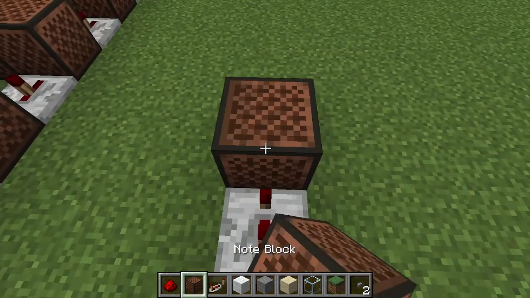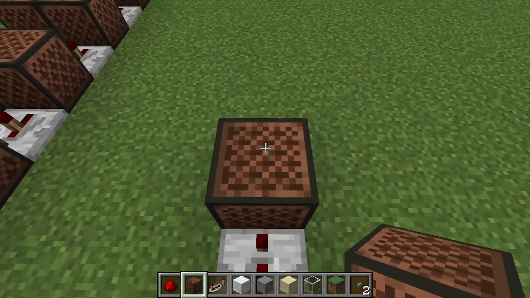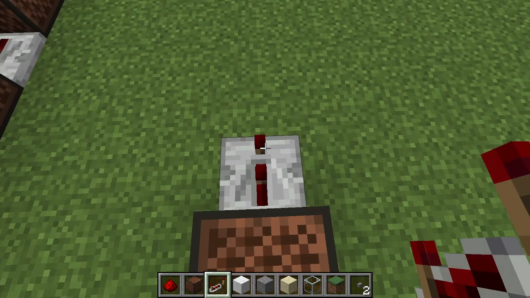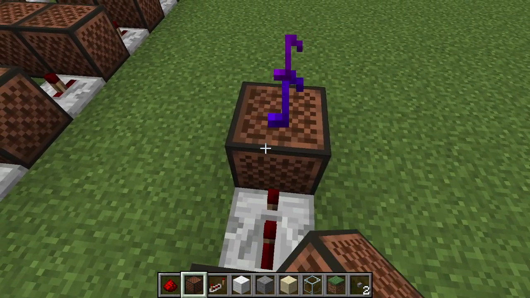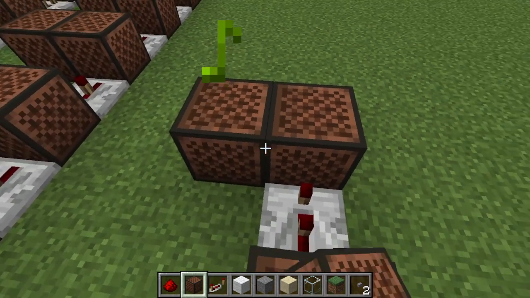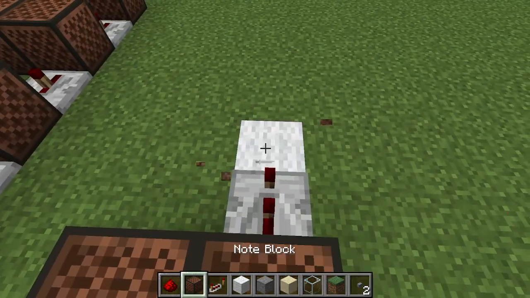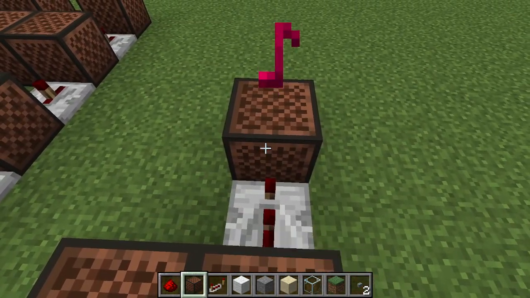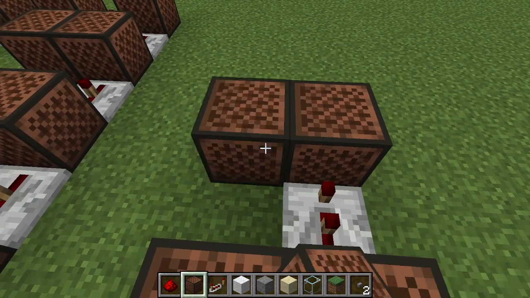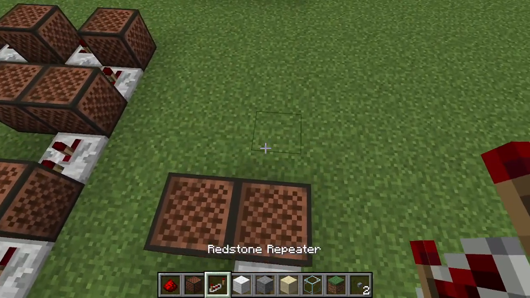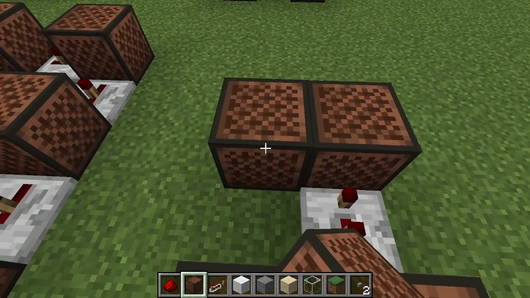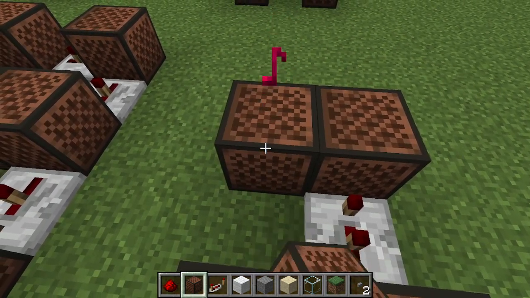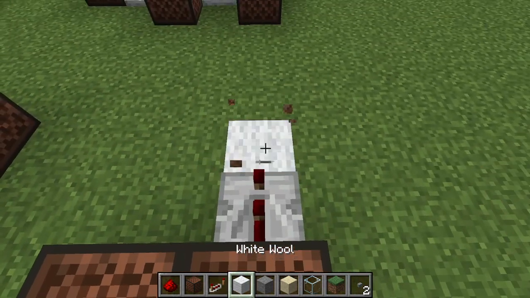2 ticks, normal 5, 2 ticks, wool 12, and normal 1, 2 ticks, wool 12, and normal 5, 2 ticks, wool 8, and normal 8, 2 ticks, wool 10,